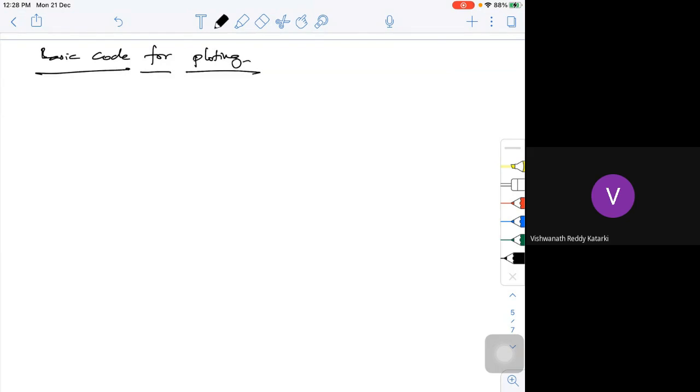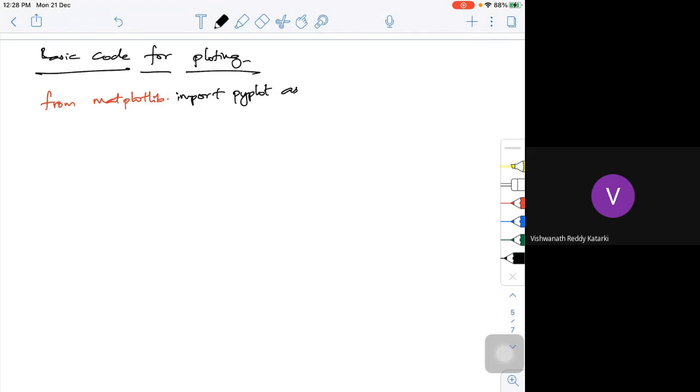The first line should always be from matplotlib import pyplot.